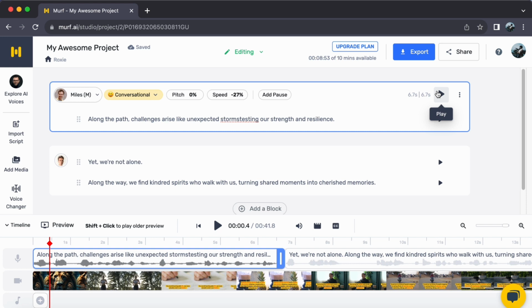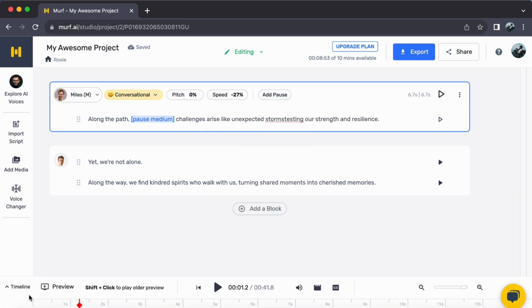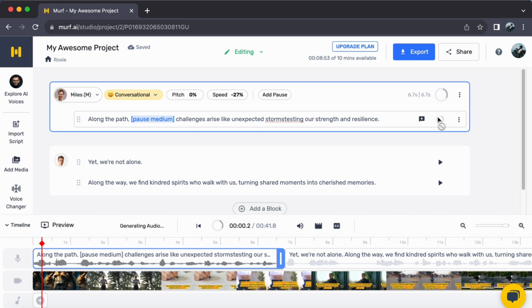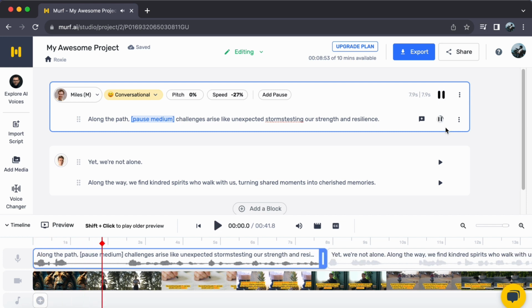Achieve a seamless blend of audio and visuals by adjusting the timing of your voiceover to match the pace of your video. Perfect pauses and transition. Enhance the viewing experience by strategically placing pauses and adjusting the speed of speech where needed, effortlessly adding an extra